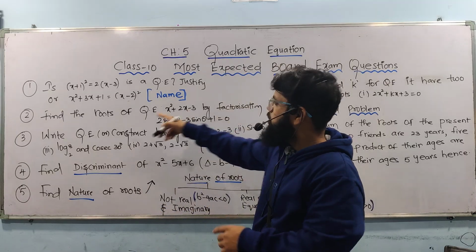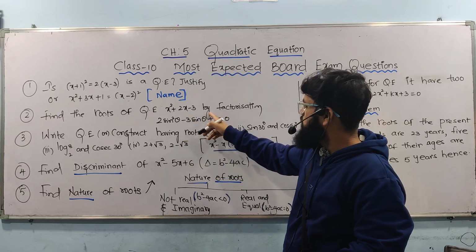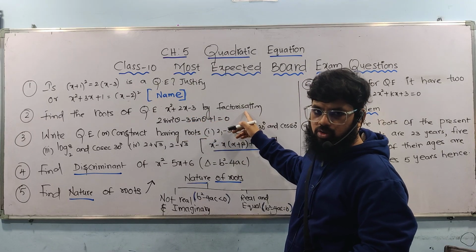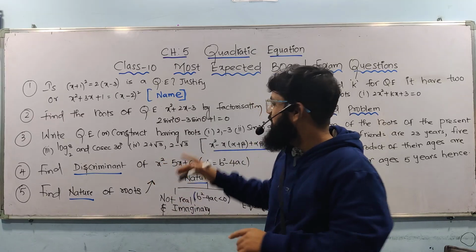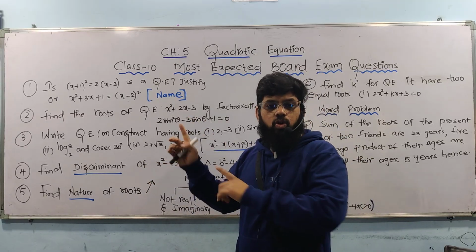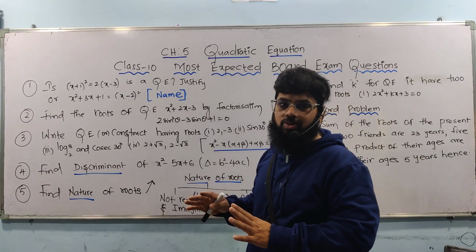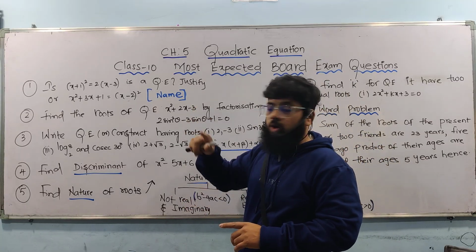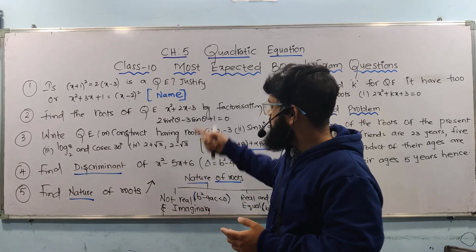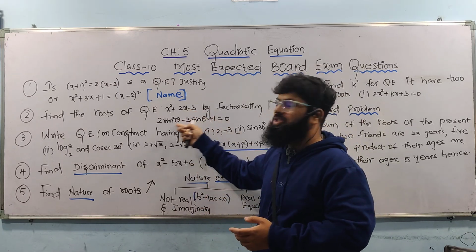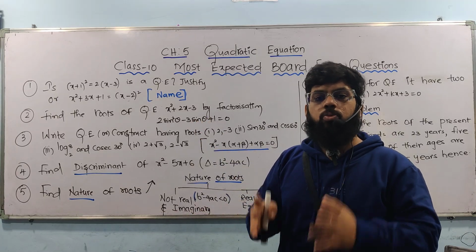And apart from that, the second question is: find the roots of the quadratic equation x square plus 2x minus 3 by factorization method. This much easy and simple equations they are not going to give you, because already you are doing factorization in graphs. Polynomial graph is there now for 6 months, which is going to come. There also you are doing the verification, means there also factorization. That's the reason they will give you like this. They'll twist the question. Sometimes here they will give roots also, so you should be ready with that.